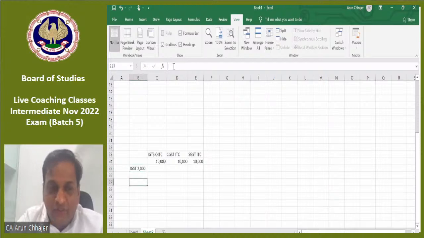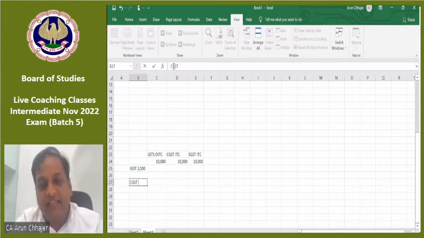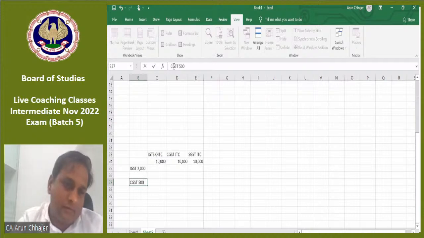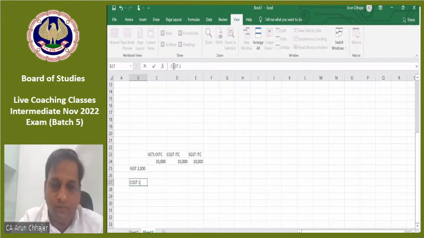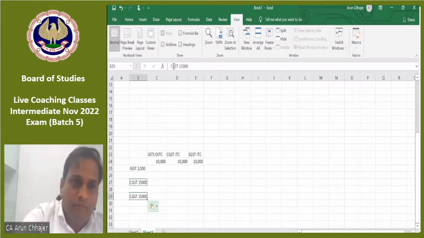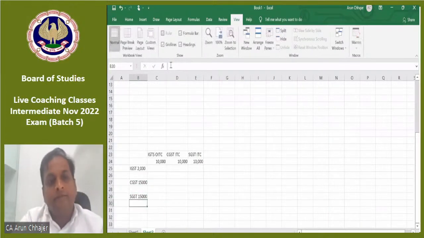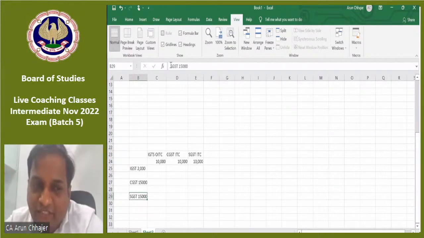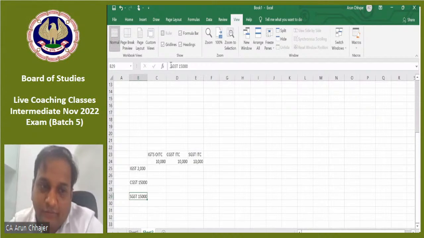The question is very simple. IGST needs 10,000, CGST needs 15,000, SGST needs 15,000. Now tell me,